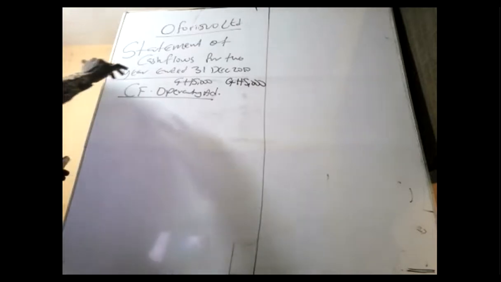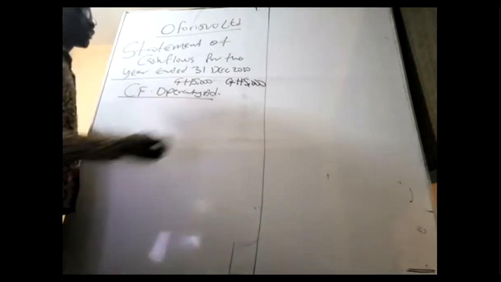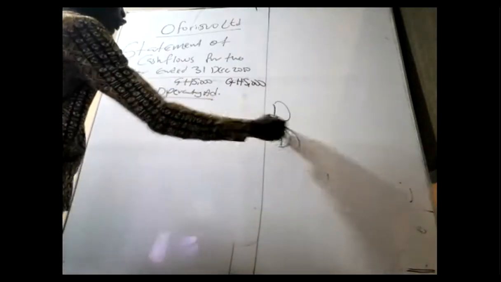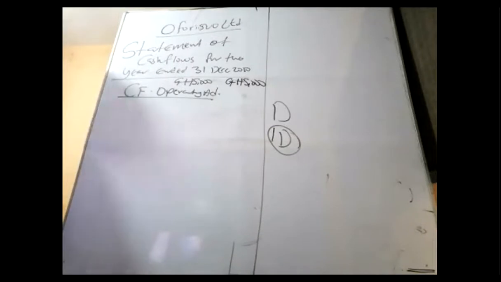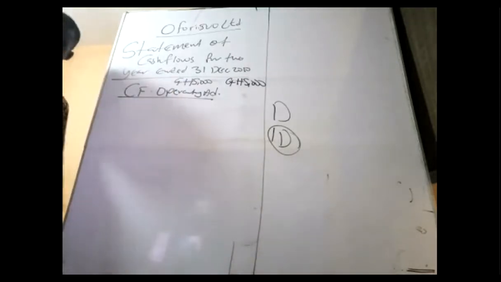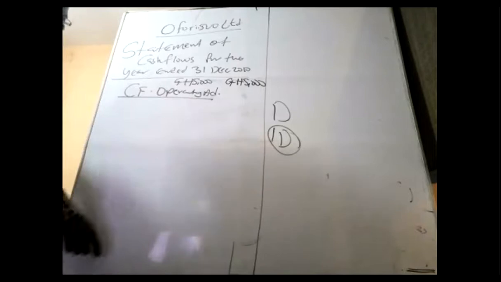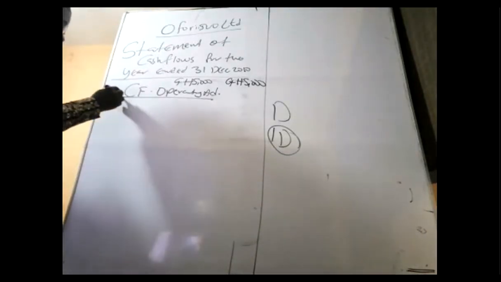The first item, we start at the operating activities. There are two types. We have the direct and what? Indirect. We are going to use indirect. If you go to the exams, kindly use the indirect method. With the direct method, let them ask you first before you do it. Even if they ask you direct and you have no idea, don't worry. Just do the indirect for them. The investing and financing, you score it intact. The only issue is operating. And then the answers will be the same. Good.